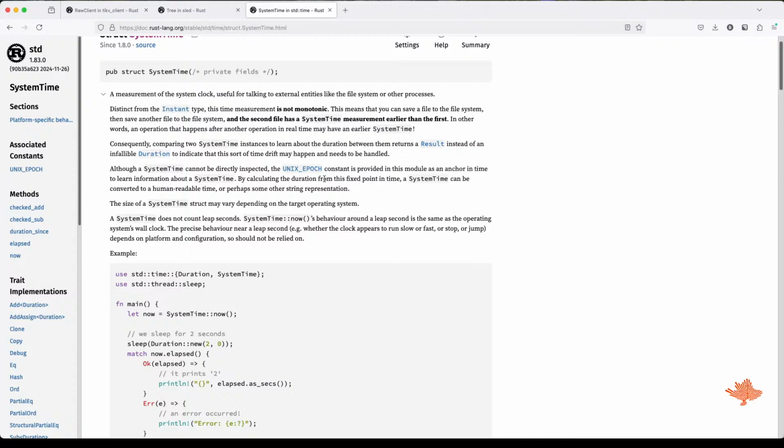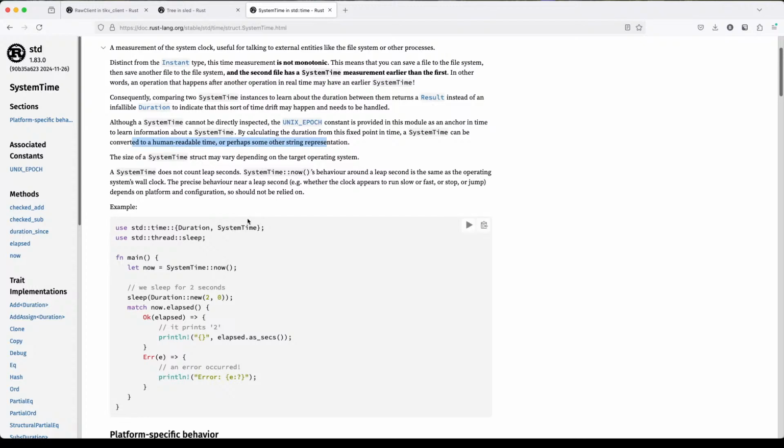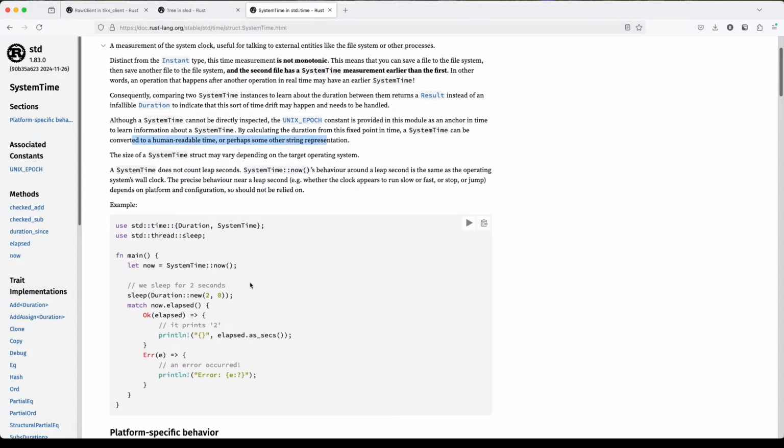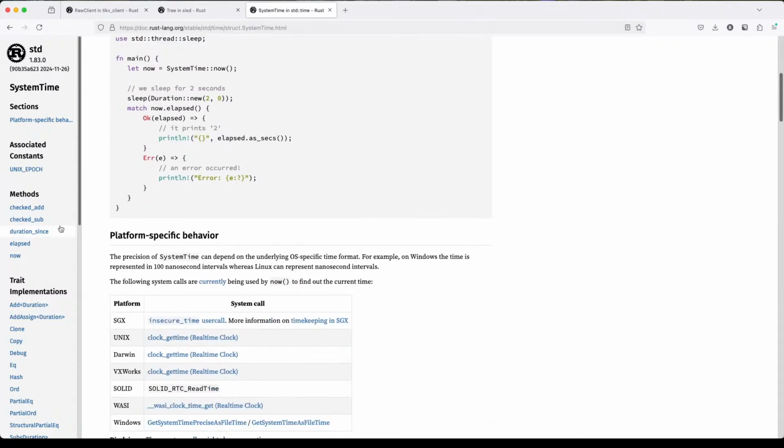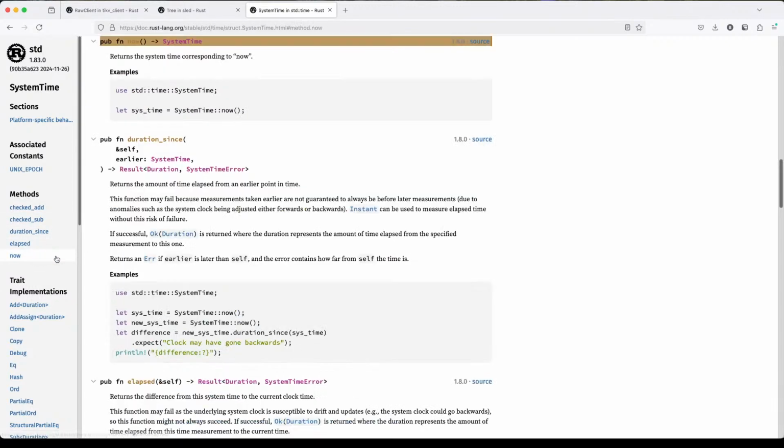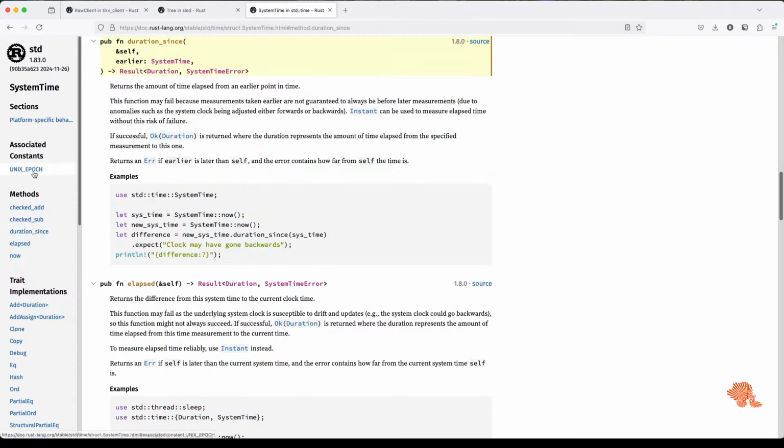By calculating the duration from this fixed point in time. System time now. Duration. So we have elapsed. So we could use duration since